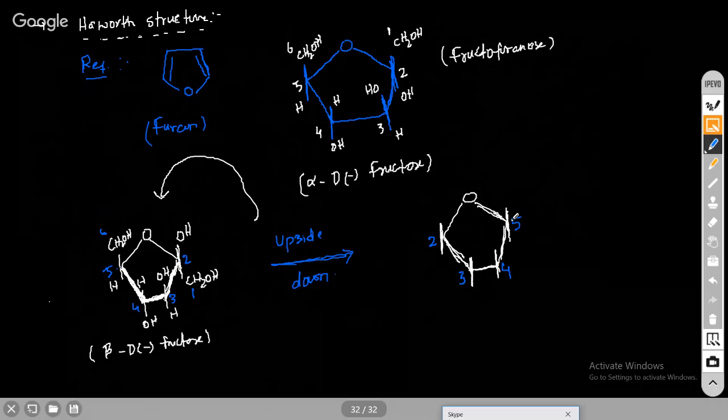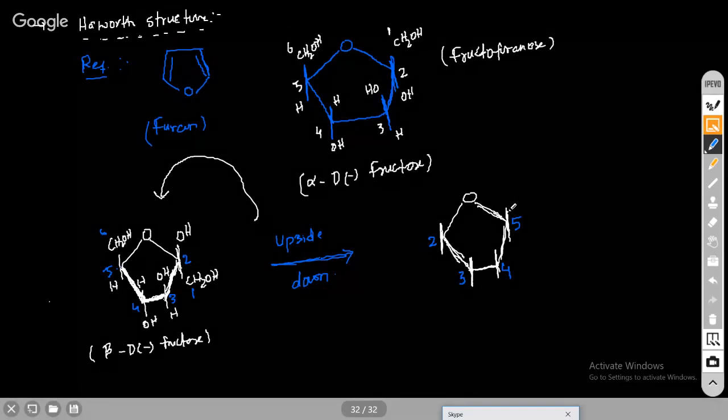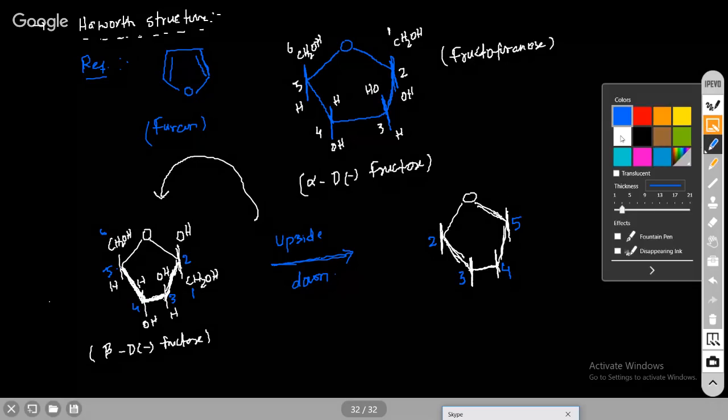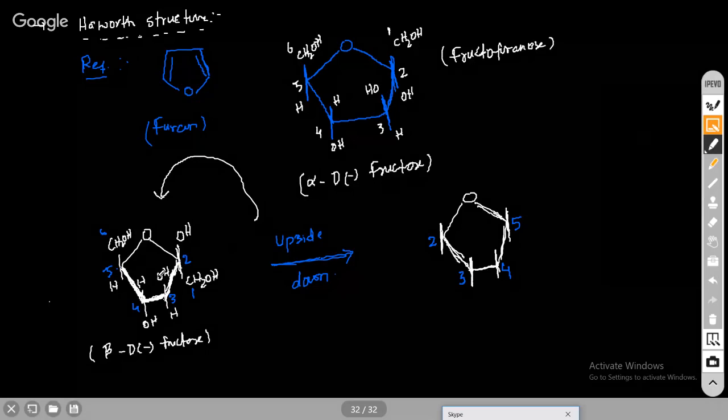Now on the fifth carbon, what should be on the top when you flip it? H, because here we have hydrogen. You see on the fifth carbon, hydrogen is on the bottom, right? So when you flip it, on the fifth carbon, hydrogen is on the top and CH2OH on the bottom. Fine. This is CH2OH. And this carbon is the sixth carbon,